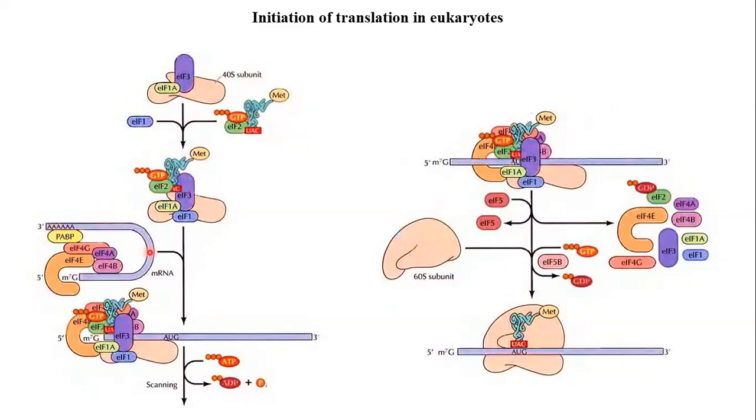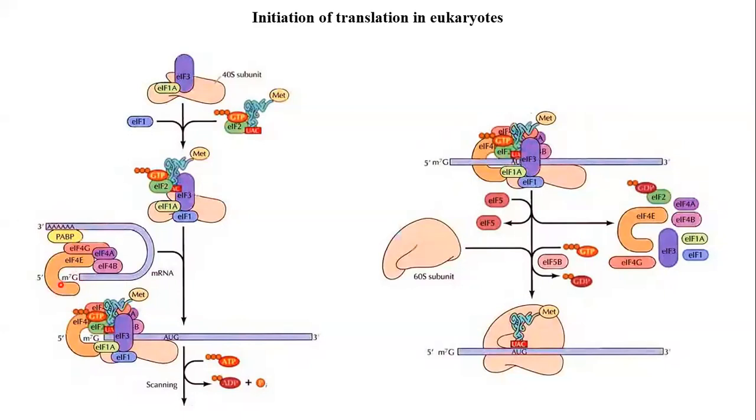And now second is the mRNA. Now this mRNA, you can see it is in the loop form. Why? Because these initiation factors interact with the 5 prime end as well as the 3 prime end. You can see this, the 3 prime end, it is still bound with the PAB protein. What is this PAB protein? Poly A binding protein. Remember in the polyadenylation, these PAB proteins remain bound to the poly A tail and stabilize it. So it is that protein which is still bound to the poly A tail. Okay.